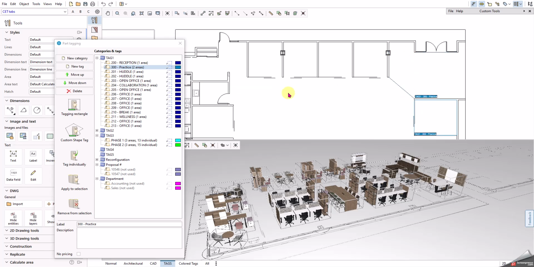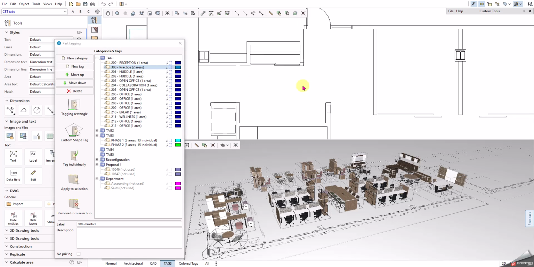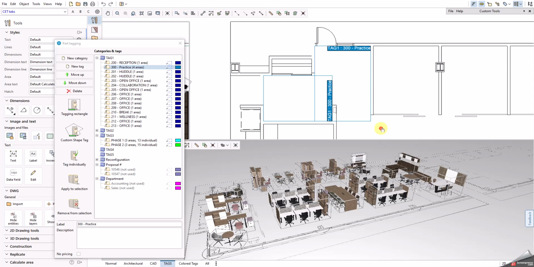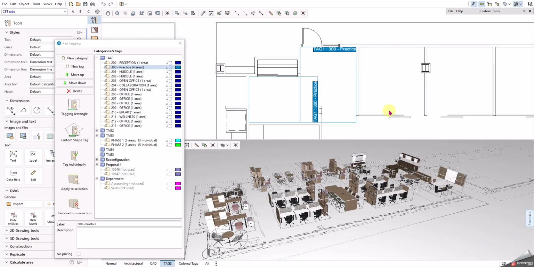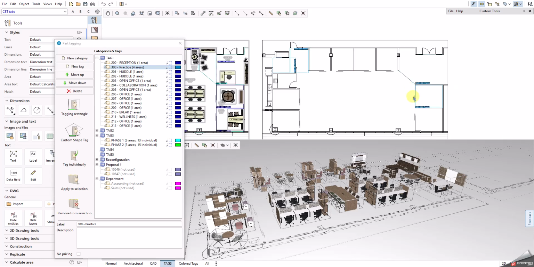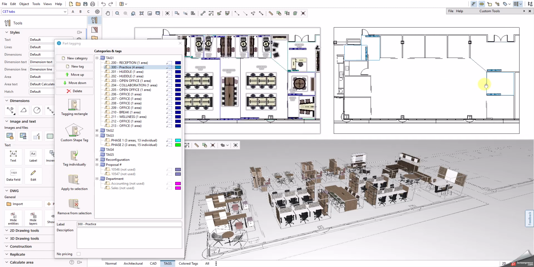So from here, if I want to move this tag right in here, I can, and I have my custom shape. I could do the same exact thing for my room over here, or I could do kind of 2 rectangles overlapping each other. So if you're in a hurry and you just want to do something simple, you can always do something like this, where we have those 2 that will overlap each other. Now, keep in mind that if you do something like this, the furniture in the middle will have to be usually fully within one tag or the other to make sure it actually accepts the tag. So keep that in mind, but that is pretty much the basics on how to do room tags,